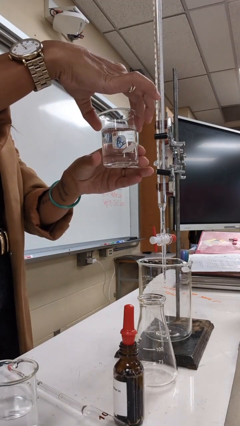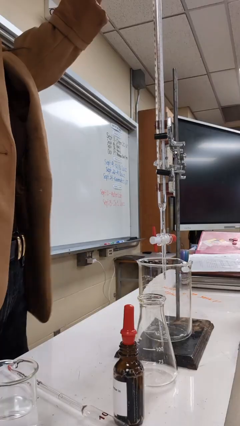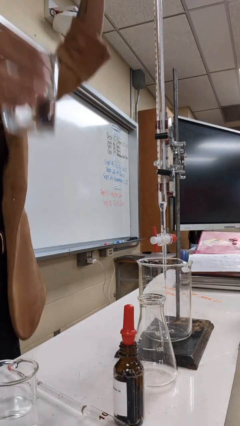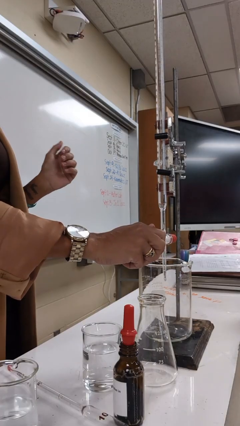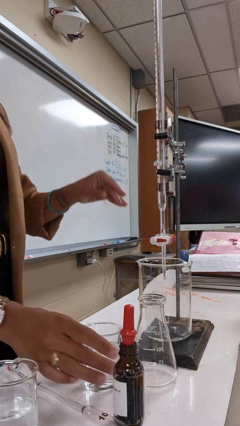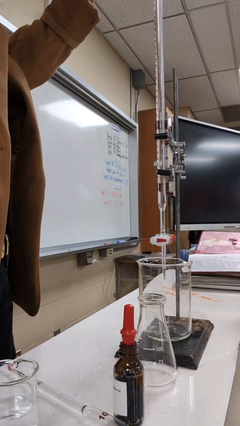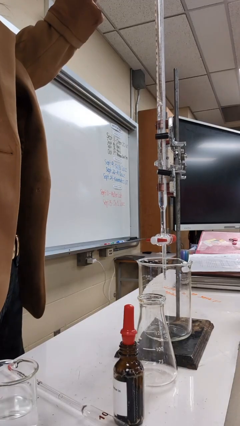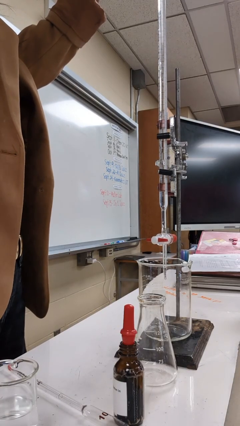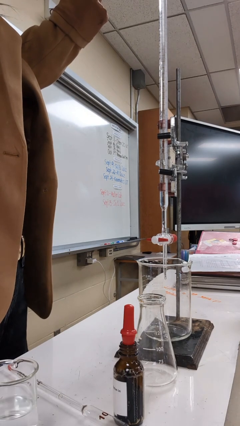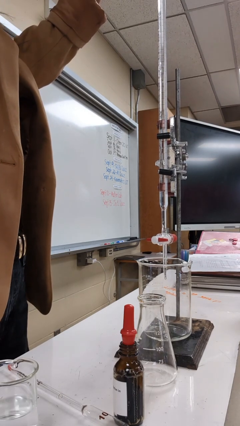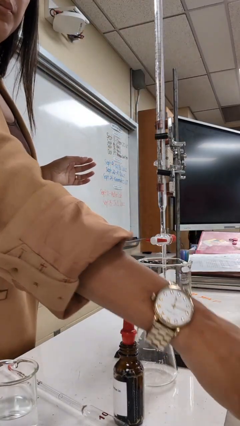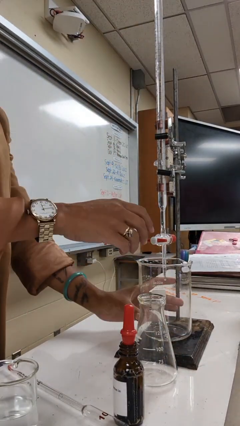And then I want to flush my burette with what's going in it, which is the base. So I'm just going to flush that. And then once that's going through, I can be sure that it's clean, and I will put the stopper on, and now I will fill the burette to the 0 mark with the base, the NaOH. Now, once I'm done that, I'm going to grab the Erlenmeyer flask with the pipette, and I'm going to pipette 10 mils of the acid, which is coming up next,